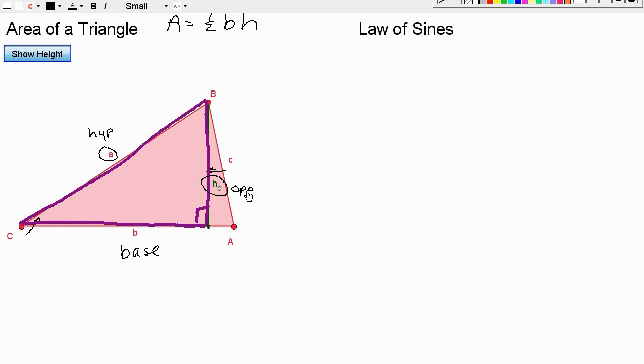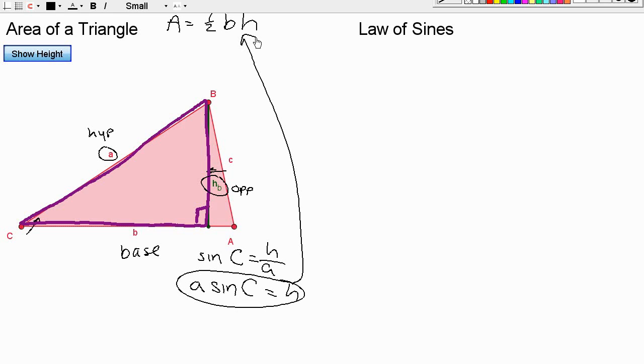And in fact, I could say that the sine of angle C could equal my opposite, or in this case H, over my hypotenuse A. Because I have this relationship, if I multiply both sides by A, A sine of C equals H. This will make a wonderful substitution into this formula. And it will produce a brand new formula